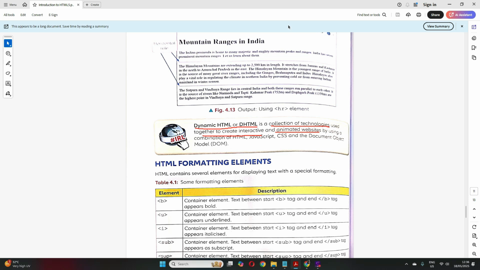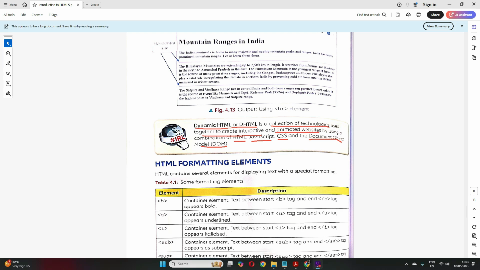For that we use different technologies, like HTML, that is what we have been using right now. CSS you will be using, you have it in your class 7 also, in later chapters. Then we have JavaScript and the DOM, which is the document object model. So using all these 4, we can create much more robust web pages. Clear? So this was dynamic HTML.